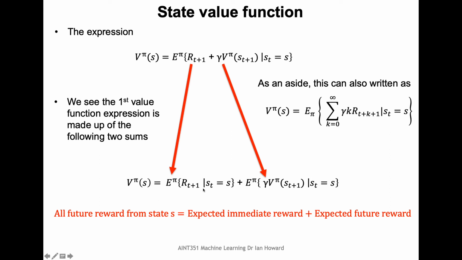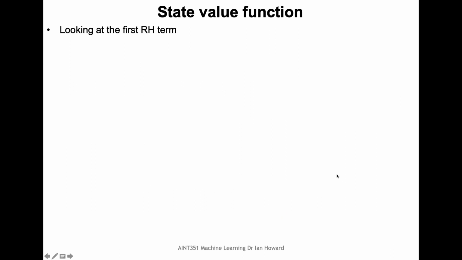Broken down a little more clearly, this corresponds to all future rewards from this state S. This is the expected immediate reward, the next thing coming along from state S, and this is the expected future reward coming along from state S. Looking at the right hand term,